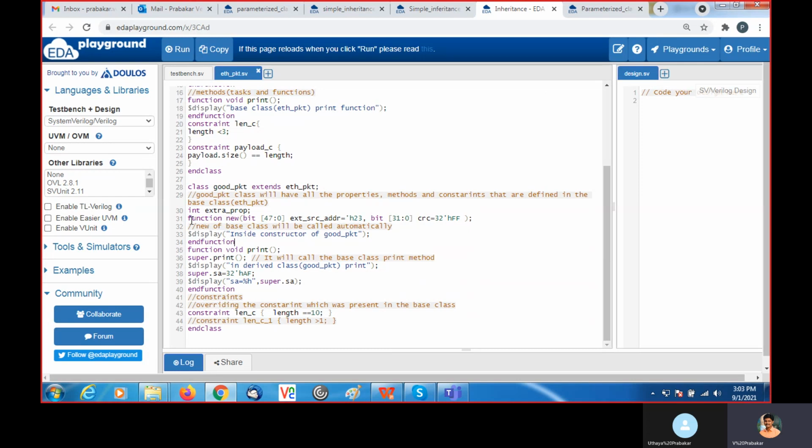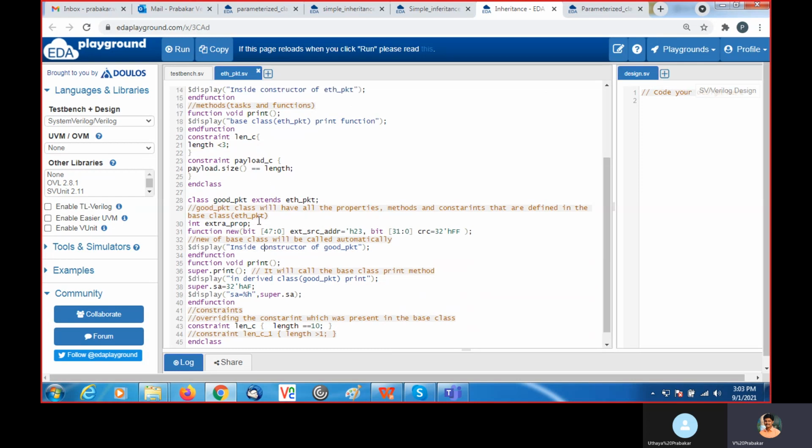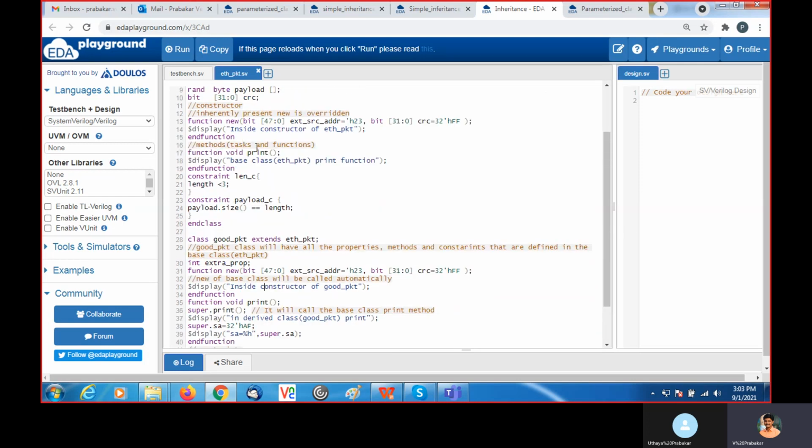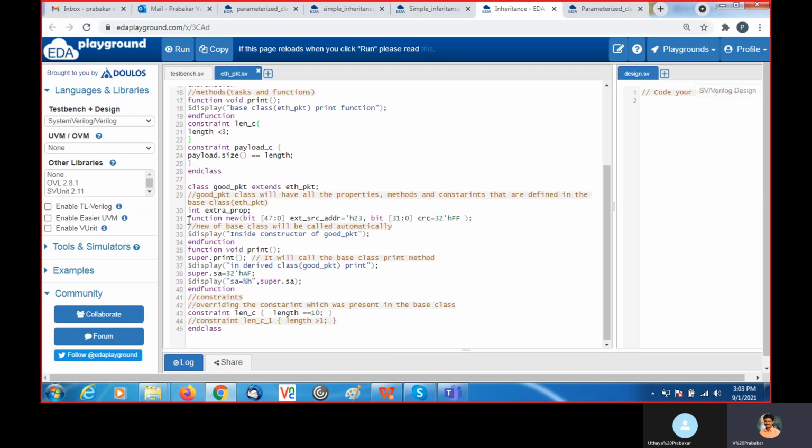When I write function new here, it will override the existing function new which is available by the inheritance concept. This function new will be available by default here, so if I write it explicitly, that will be overridden.